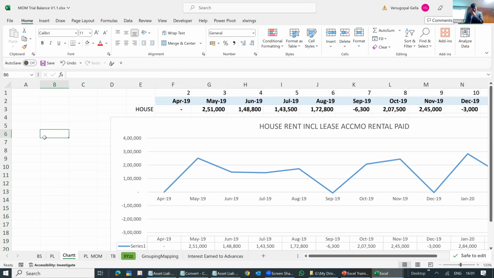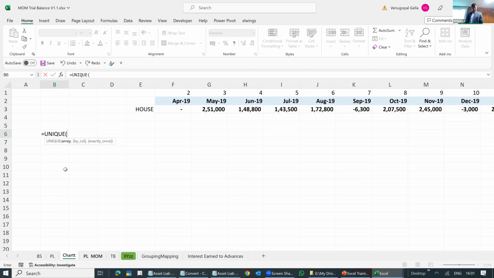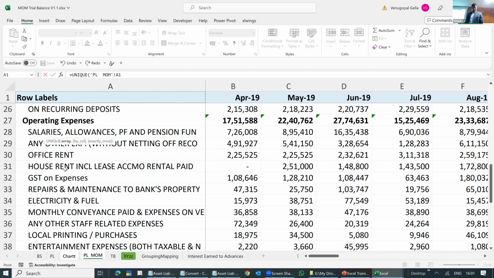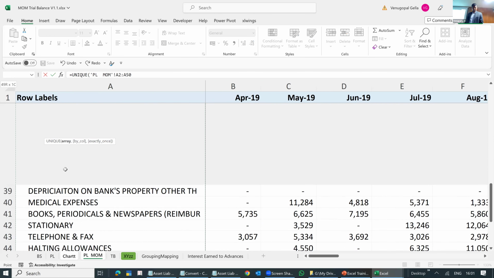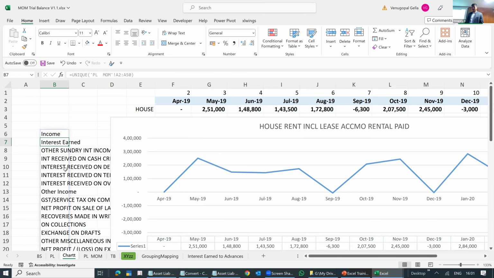Let's say, these many names are there. All right. On the left side, I've just brought all the names. These many names are there. Now, I will only insert.